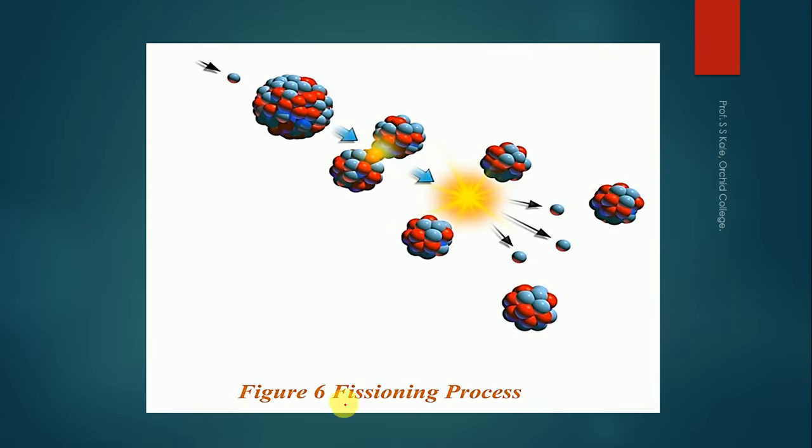This particular process is called the fissioning process, by which the heat is generated. Here the fissioning process is shown. Let's consider that this is uranium fuel, and this is a neutron. When the neutron bombards the uranium, it gets split. Here you can see that uranium gets split into two parts, and when it splits there is a generation of heat. You can check here that there is a generation of heat.